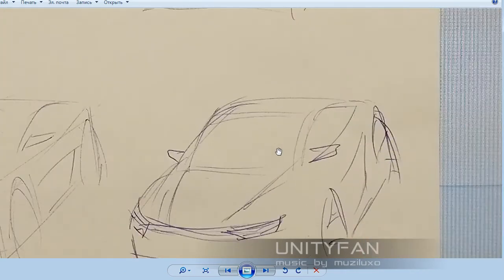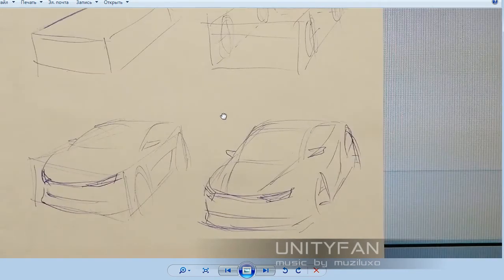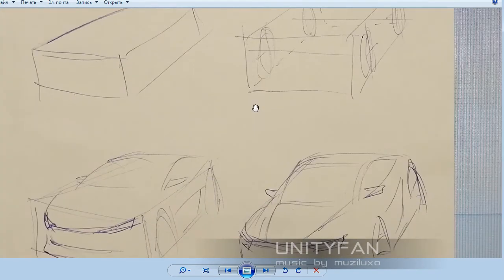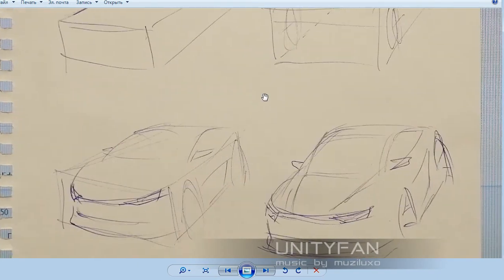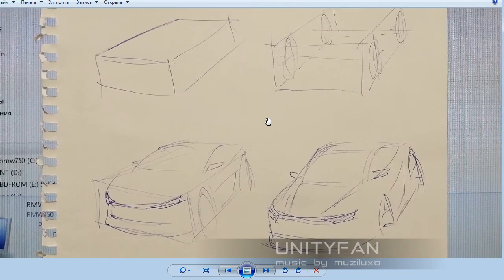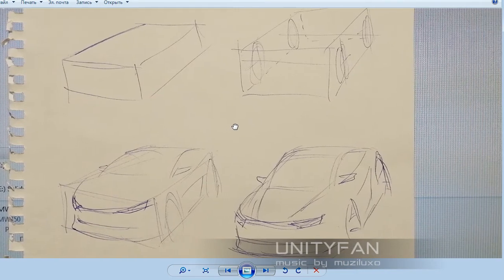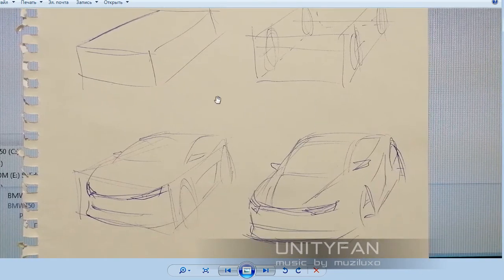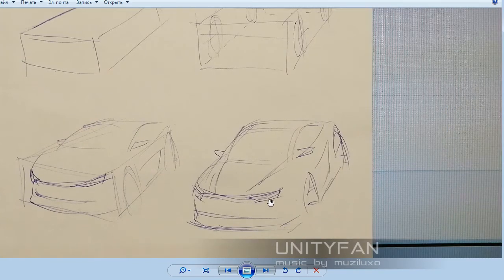So at first I want to warn you, at first you're not gonna get good results. If you're a beginner, if you don't know how to draw, there might be some struggles with it. But if you do a lot of them, and this type of sketching is not as time consuming, because I don't draw any shaders or anything, I just draw a very quick sketch as fast as possible,